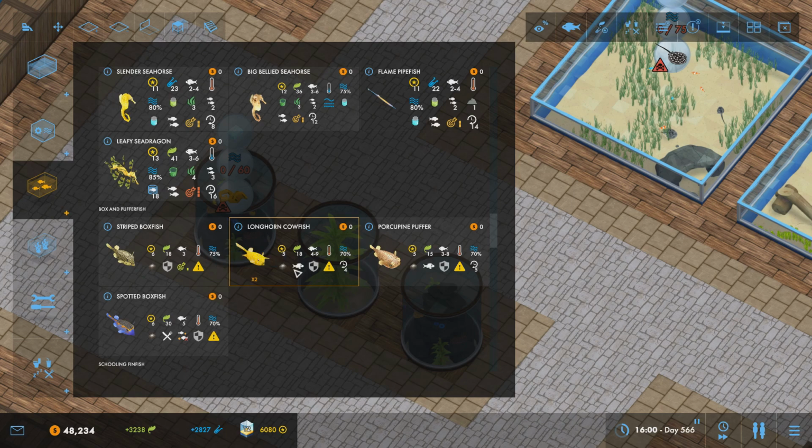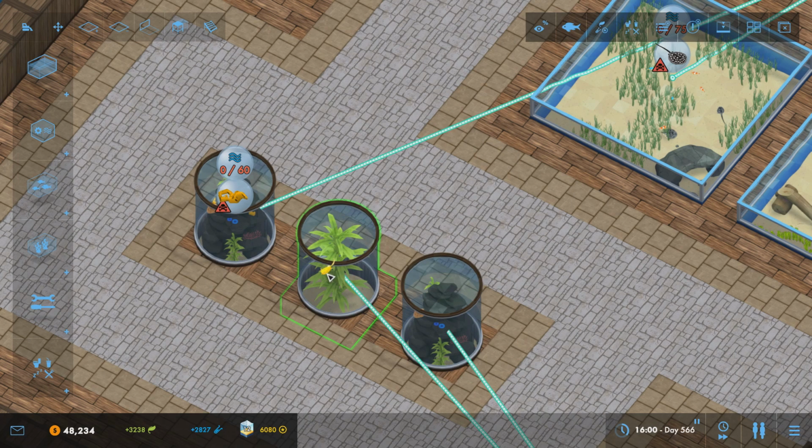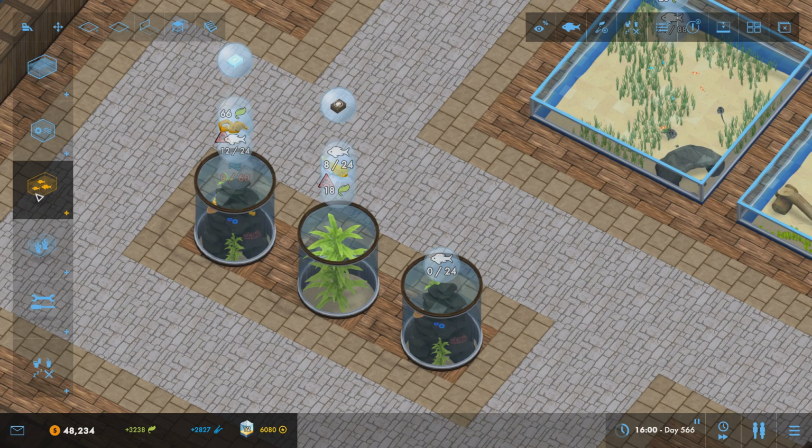Longhorn cowfish here. So we'll have one of those in. Just thinking, flame angelfish and coral beauty. We can only have one of those in each. So I think we'll have 2 of these guys. And then